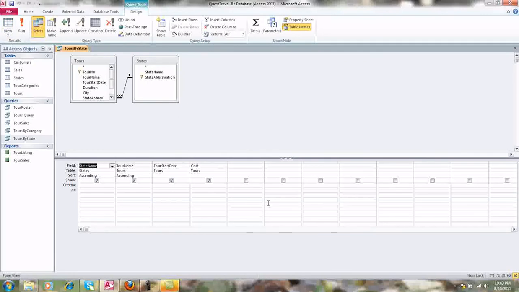Now you can see design view looks a little bit different because you can't see all the information that's in the table. But one thing that design view allows you to do is to make some changes to that query. So for instance, if we wanted our state name to come after our tour name, then if you'll notice there's this little gray bar, and when you put your mouse on it, it turns into a downward arrow. When you click, then the entire